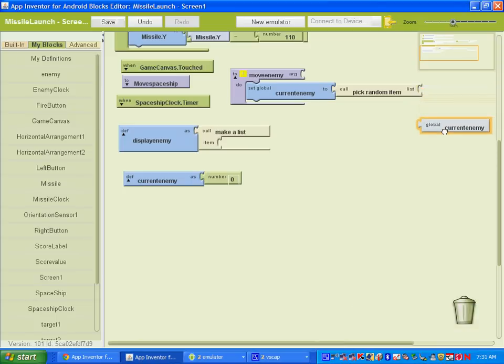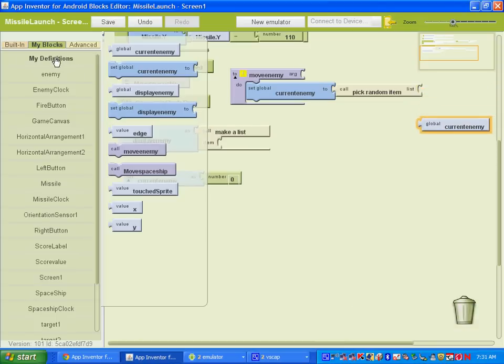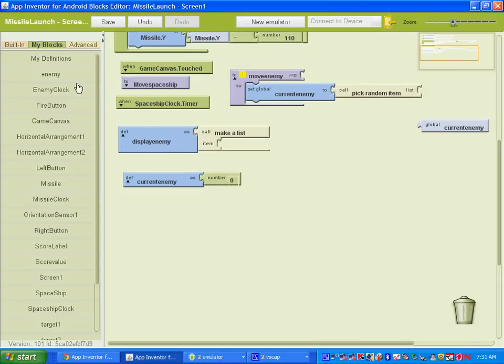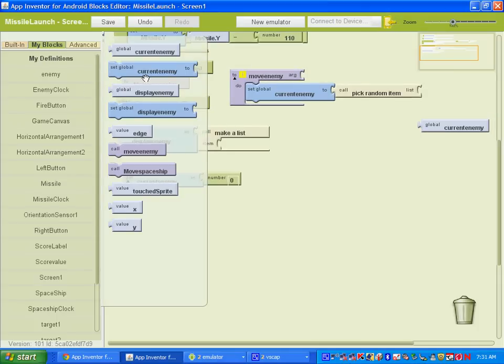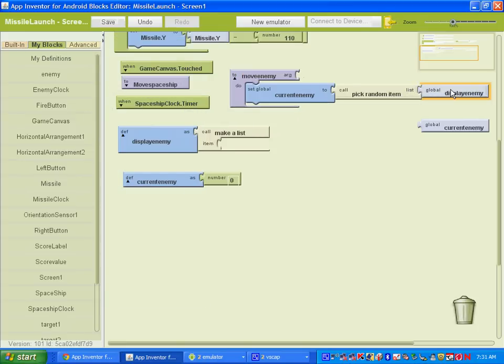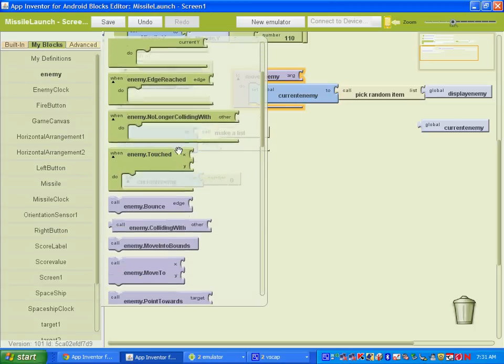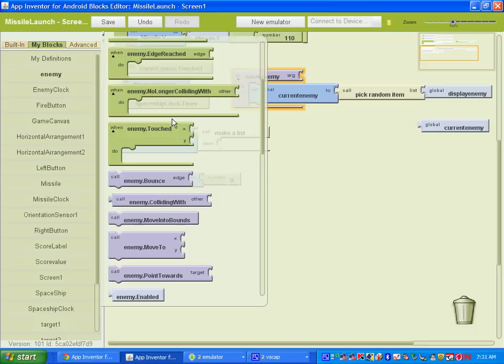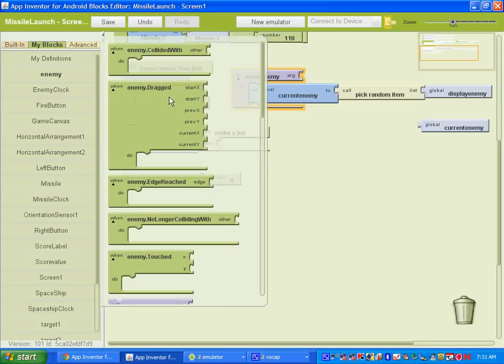Okay, so actually that's not right. The list that we want it to pick from is going to be the one that we've created here called display enemy. So under my blocks, my definitions, you want to get the one that says global display enemy. Okay, and then we need to set up where our enemy is going to move. So we need to go to my blocks and go to enemy, and you want to find the one that says enemy move to,